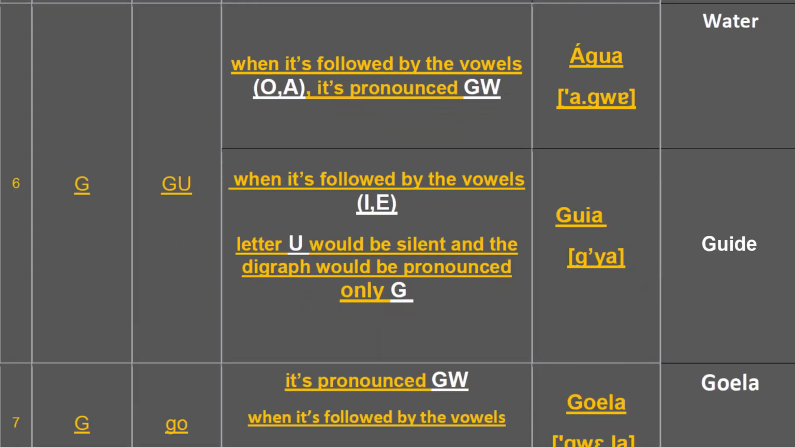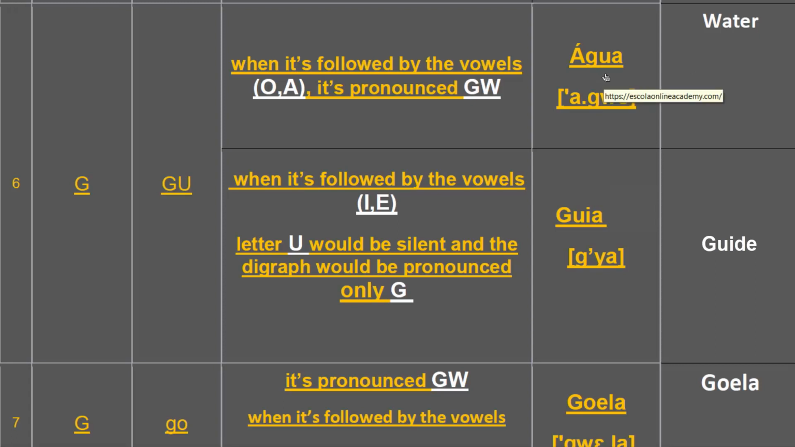Then we have letter G, which is "gê" in Portuguese. We have three digraphs for that letter. Let's start off with the digraph GU. When it's followed by the vowels A or O, it's pronounced as GW. The example that we have here is the word water, which means "água". As you see here,